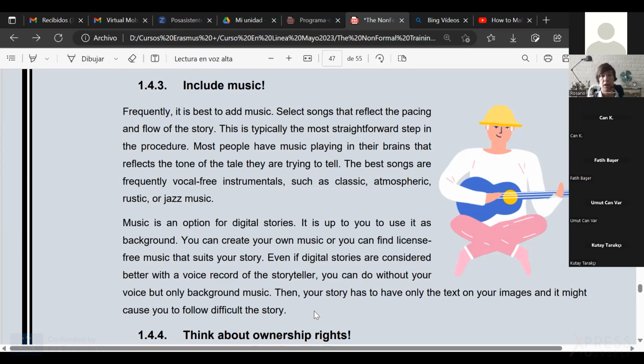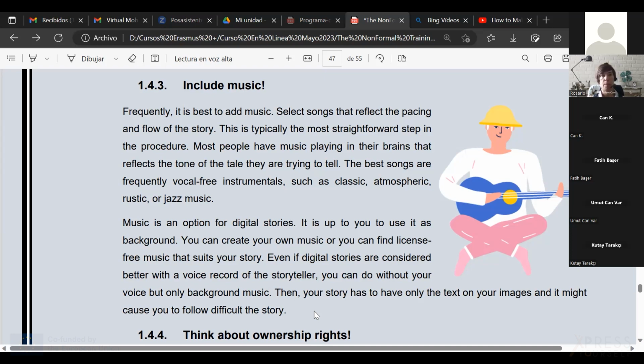So another thing to be done, if you can create your own music, or you have a friend who creates music, you know a composer, or you have the option of paying a person to do it for you, that is the best option.